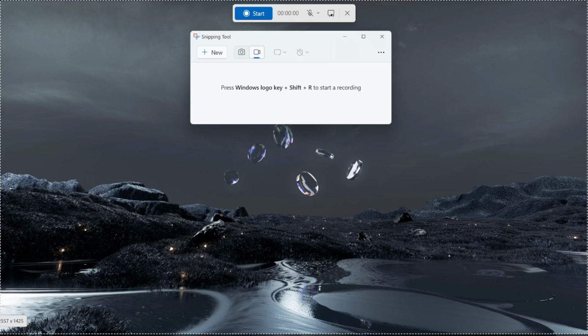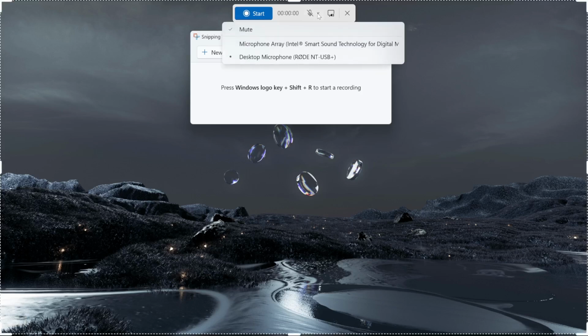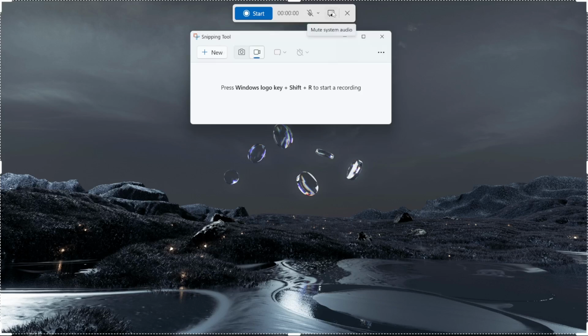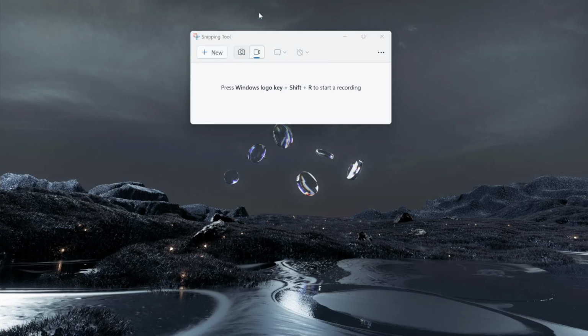Obviously, if you need to record the whole screen, then select that. You can then choose if you want to record audio or not. So if you click on this drop down, it will then ask you what microphone you want to use. And if you want the system audio to be muted, you can click on this. After you're happy with those settings, click on start and it will then count down and it should then start